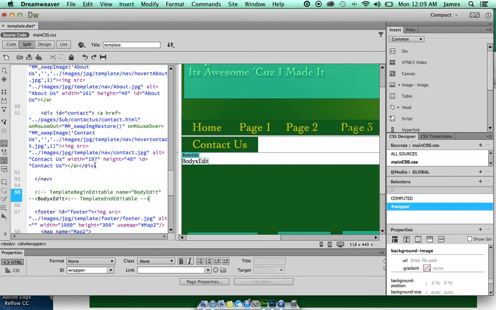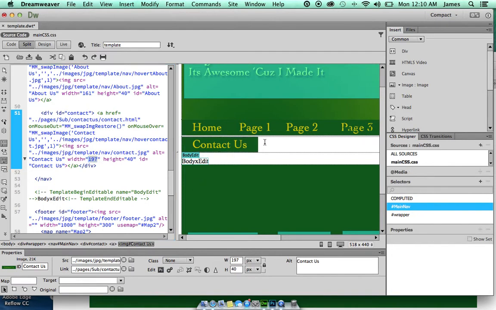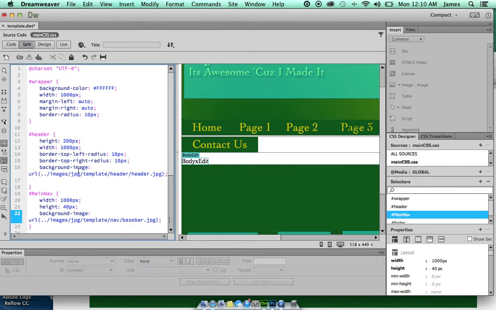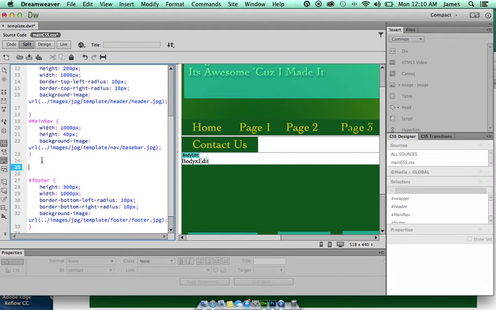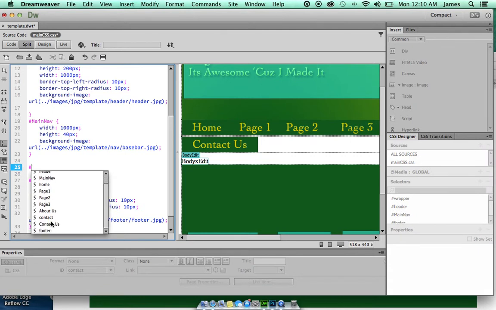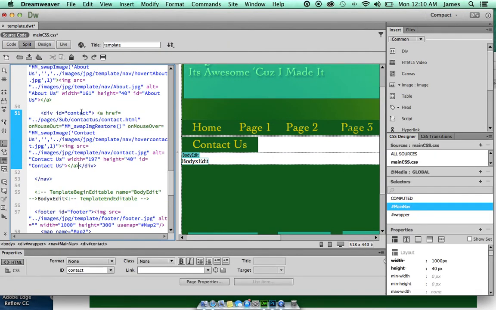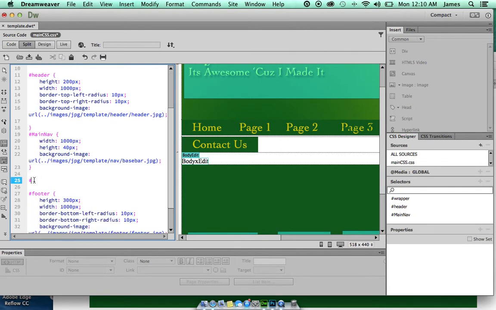If we look, the width of this image is 197 pixels. So let's go ahead and copy that. Click on the little div tag here. Let's go to the main CSS file. Under our main navigation, we're going to do pound, and then, which one do we name that one? Let's go back real quick. We named it contact. So pound contact,